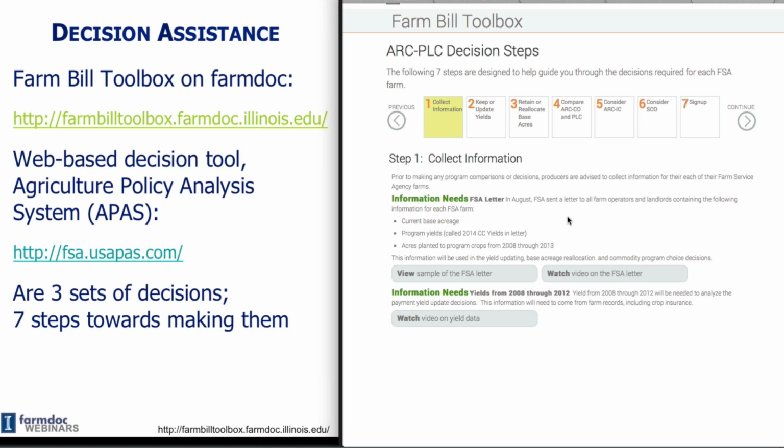So if I plant a crop and there are no base acres for that crop, you will not get a payment. That is true. We get a lot of questions related to that. These programs do operate on base acres. You do have a chance to reallocate those base acres, but if you've got all your base in corn and beans, and you decide to plant wheat on an FSA farm,